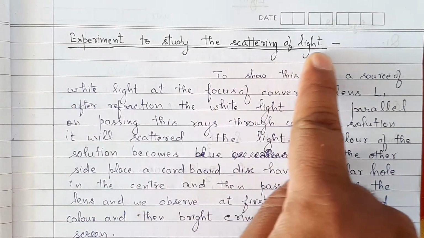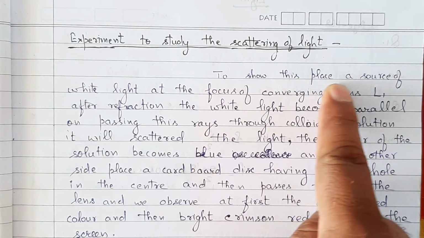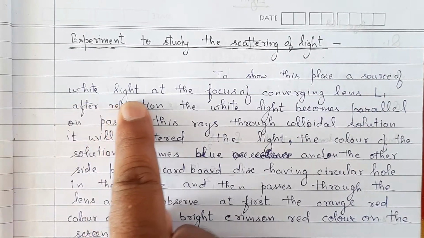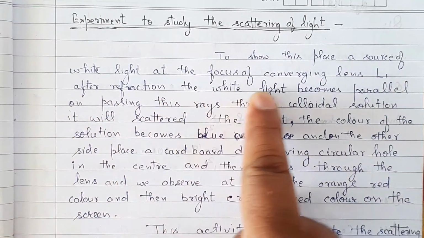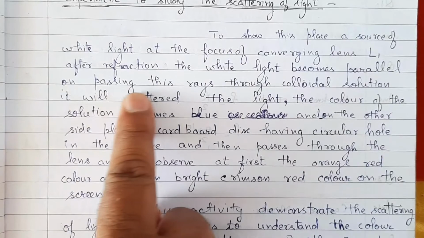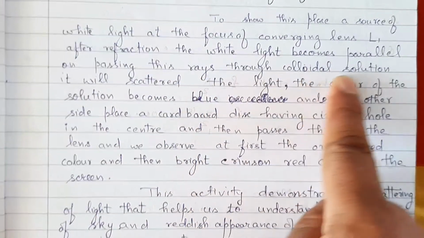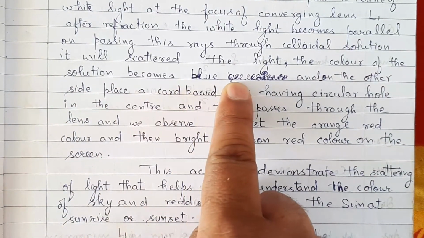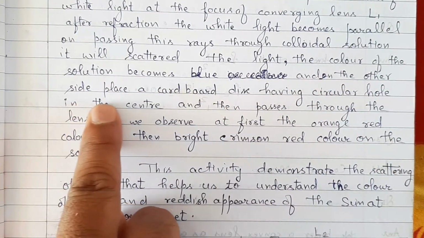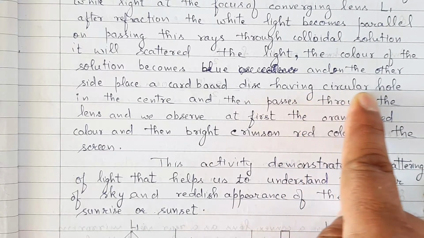Experiment to study the scattering of light. To show this, place a source of white light at the focus of converging lens L1. After refraction, the white light becomes parallel on passing through it and is sent through a colloidal solution. It will scatter the light. The color of the solution becomes blue. And on the other side, place a cardboard disc having a circular hole